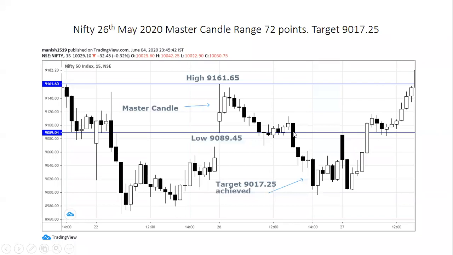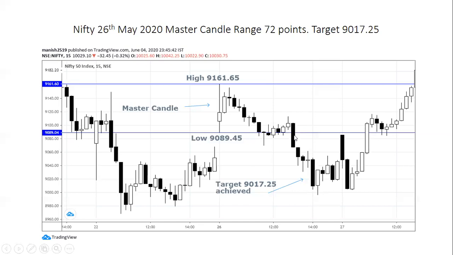So guys, at the time of breakout or breakdown, make sure candle is very strong. It should look like a strong breakdown or breakout as the case is. So this is a short trade. In this candle, you can see short trade is triggered. Before this candle, price was trying to break master candle low, but it completely failed. Finally, it succeeded in this candle. So this candle broke and closed below master candle low. So short trade is triggered here.